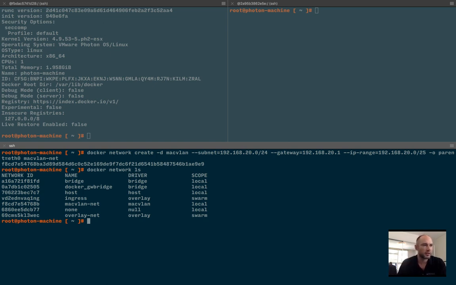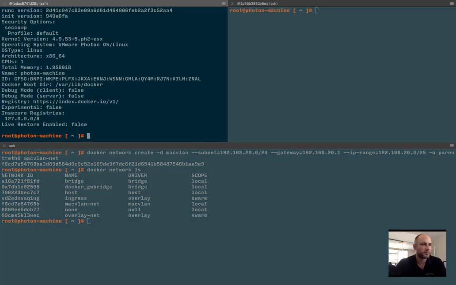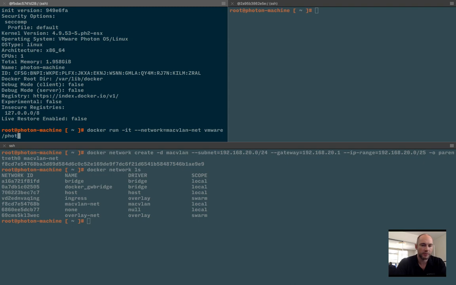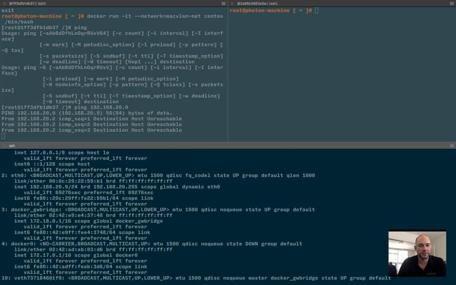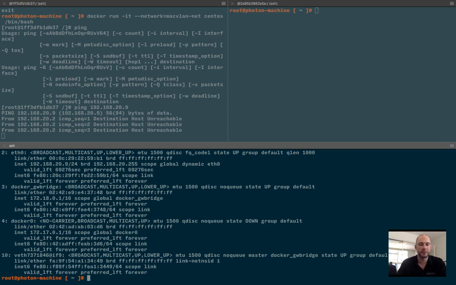So the next thing that we can do is to attach a container to this. So if I do docker run -it, tell it to use my network that I just created, specify the container image that I want to use, and tell it what. I can actually specify exclusion lists. So when I created this network,